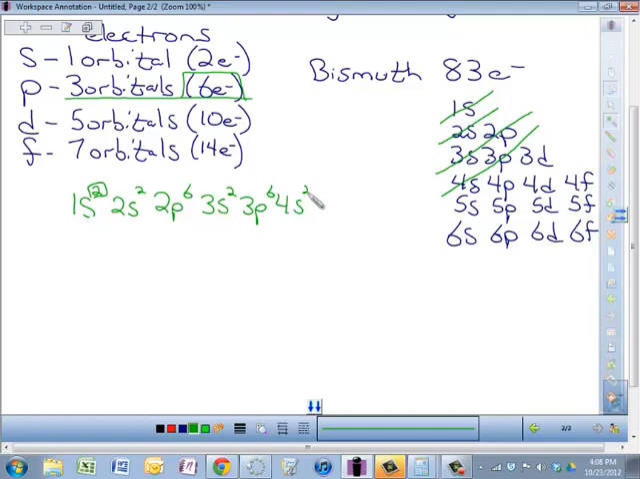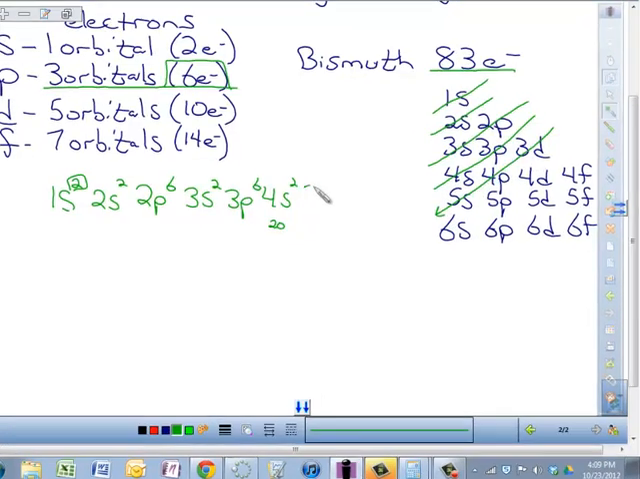Now, if I go ahead and stop right here, again, we need to place 83 electrons. So in order to know where to stop, let's just start adding these numbers. 2 plus 2 is 4, plus 6 is 10, plus 2 is 12, plus 6 is 18, plus 2. Okay, right now we're sitting at 20 electrons. And we need to get up to 83. So after 4s,